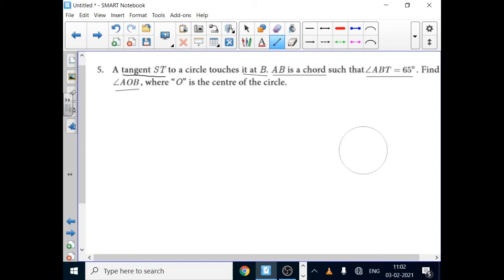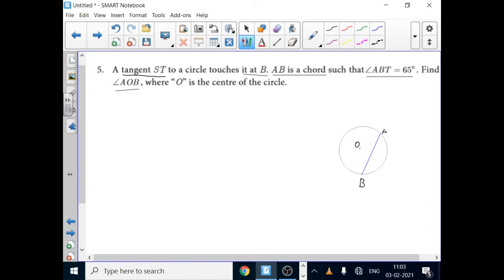So the diagram, we draw one circle. Next inside the circle mark it as O. Inside that one I have to draw one chord AB. So we mark that chord as AB. So through this one we can draw one chord. Give the name as A, B. The center of the circle I mark it as O.